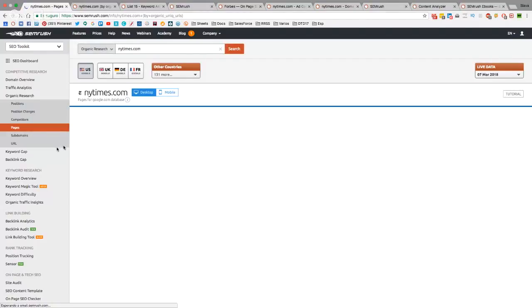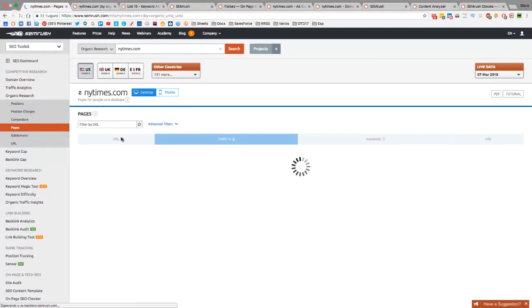So we also have the same type of report for subdomains right here. The previous analytics report we were looking at was related to the whole domain. But here, if you click on the keywords,